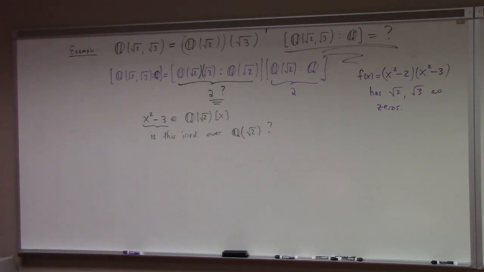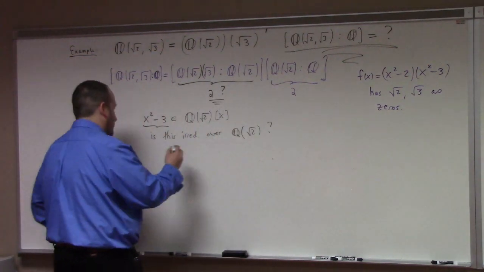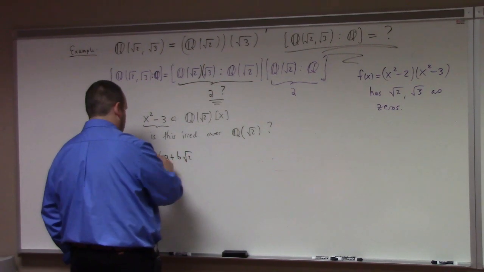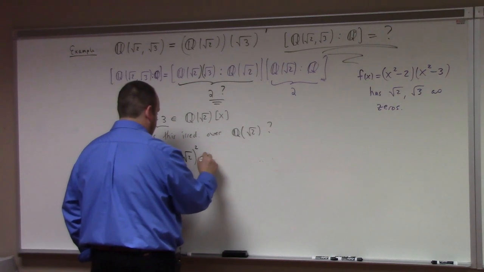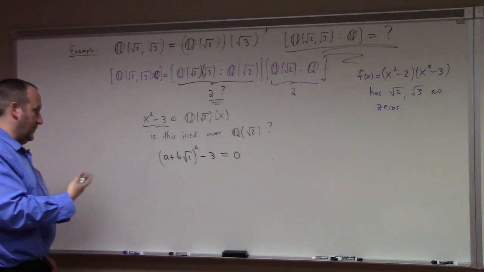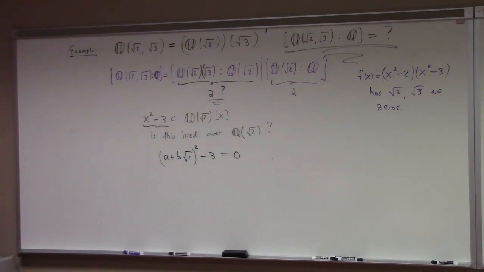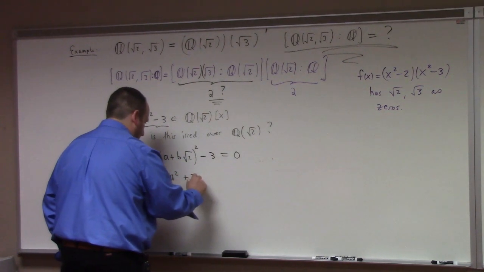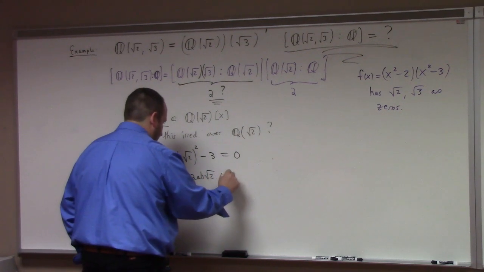So what do we do? We actually flesh out the calculation I didn't want to do in my first example today. We plug in an arbitrary Q adjoin root 2 element and show that it can't be a 0. And if there's no 0 to this quadratic, that means it's irreducible, right? So we look at (a plus b times the square root of 2) squared minus 3 equal to 0. We hopefully can easily show that there is no rational solution to this. So you multiply that out, and you get a squared plus 2ab root 2 plus 2b